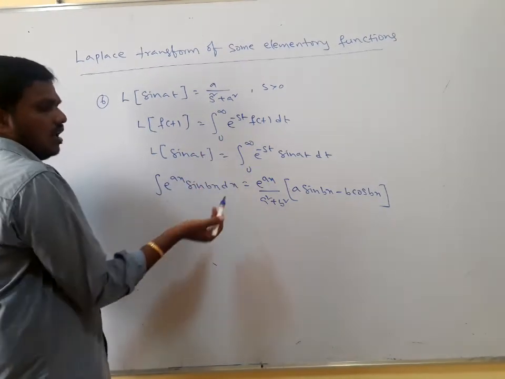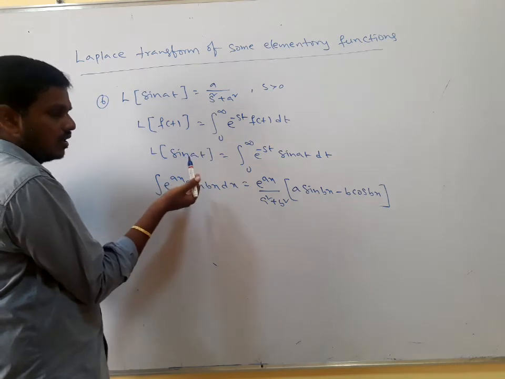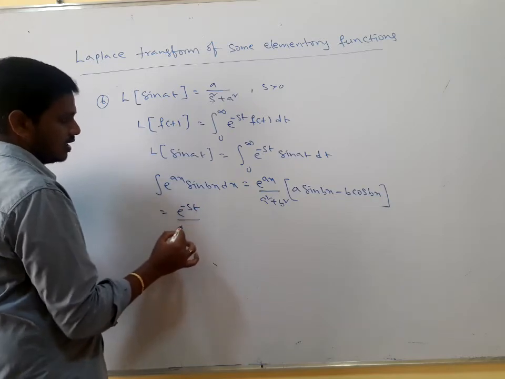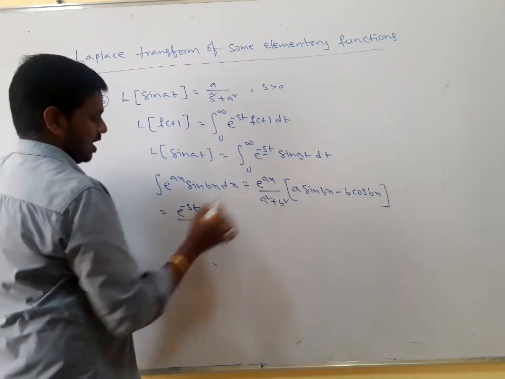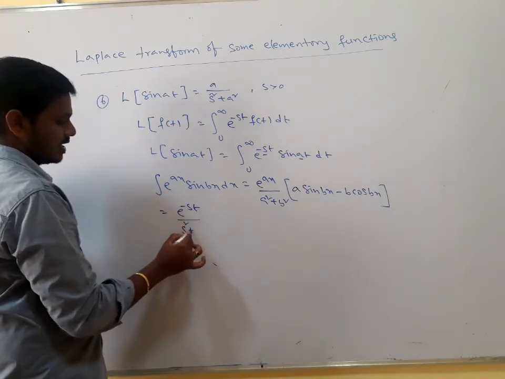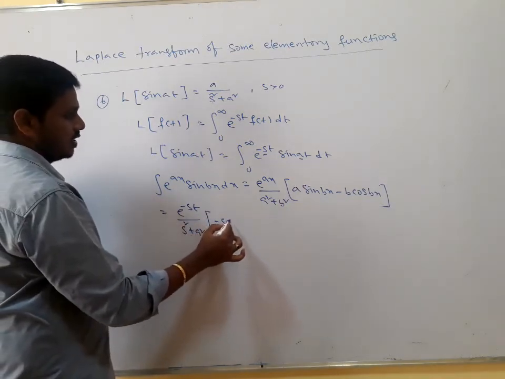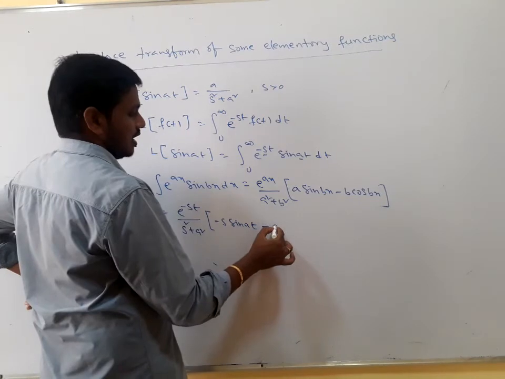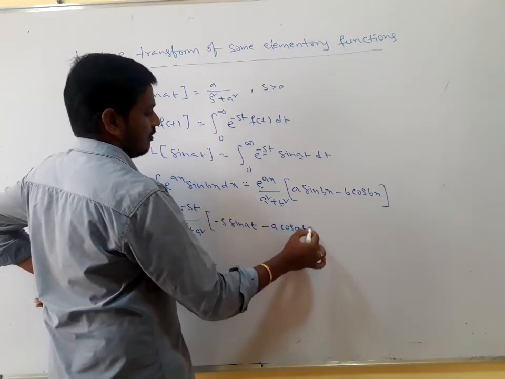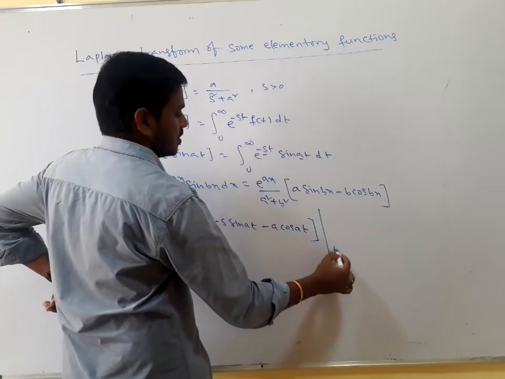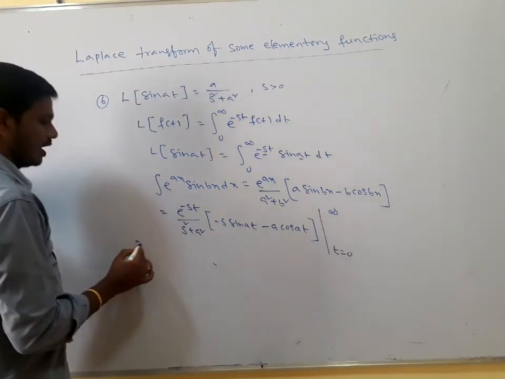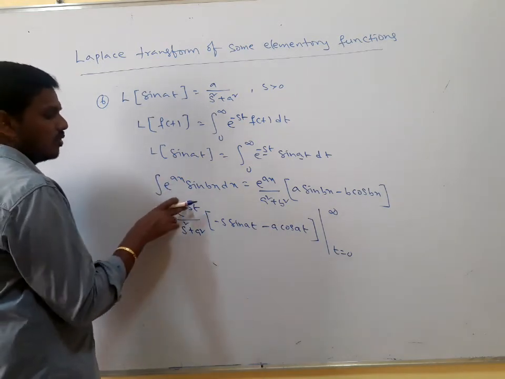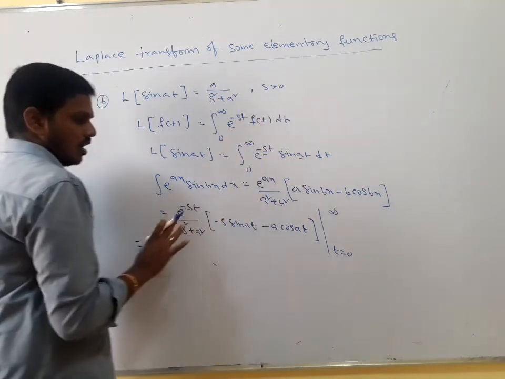In this case, what we have, you may write it as limit as n tending to infinity. I don't want to write it directly. This can be written as e to the power of minus st divided by a square plus b square, where a is equal to minus s and b is equal to a. Minus s whole square is nothing but s square plus a square. Then a is minus s into sin at, next minus b, b is a into cos at, where t goes from 0 to infinity. Right. First I am going to substitute the infinity. As t tends to infinity, e to the power of minus infinity tends to what? 0. Are you following or not?